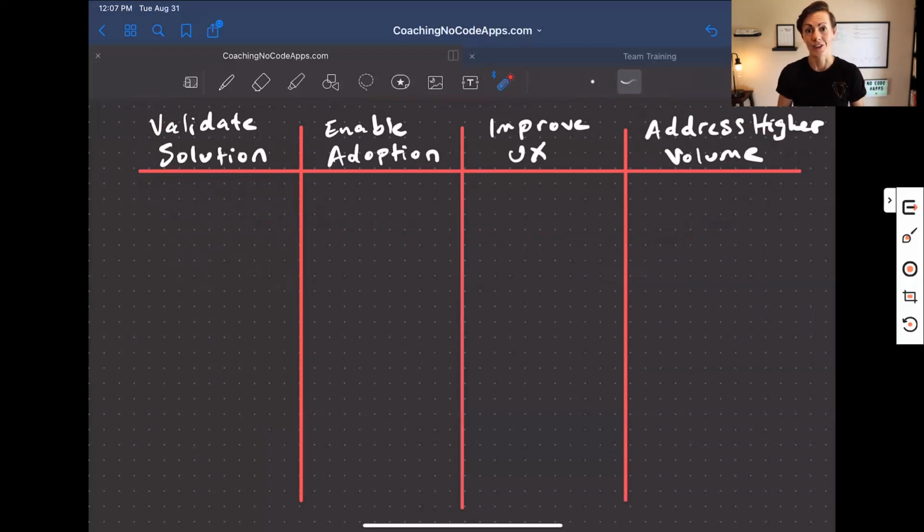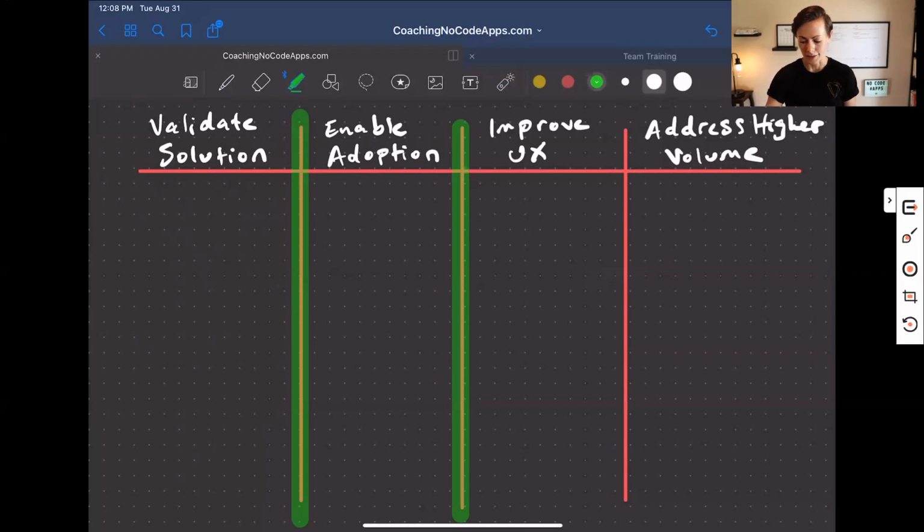What are you actually trying to improve? It's a lot to take in all at once. Really, what you want to do is get feedback here in order to validate that solution, right? Get feedback here to make sure it's actually being adopted here, to make sure you're actually improving the user experience,